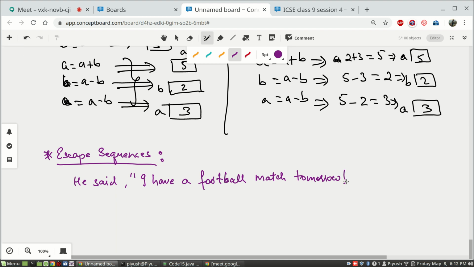Now, if you have to print this message as it is on the computer screen, what are you going to do? Our common sense will say, and of course that is the correct approach, System.out.println, you will write, He said, I have a football match tomorrow.